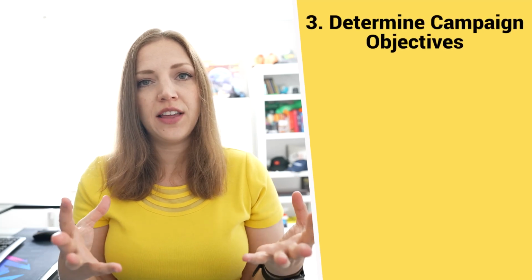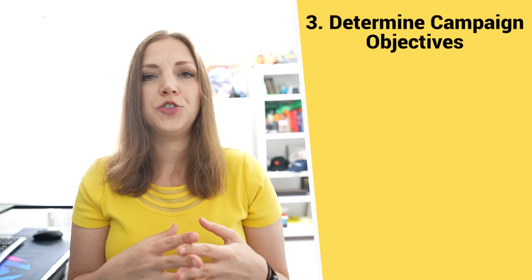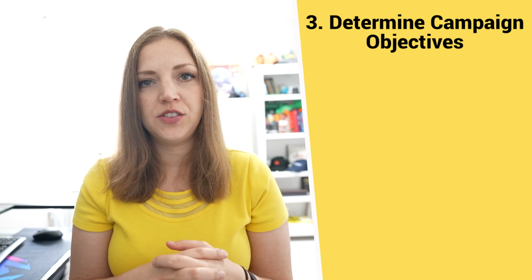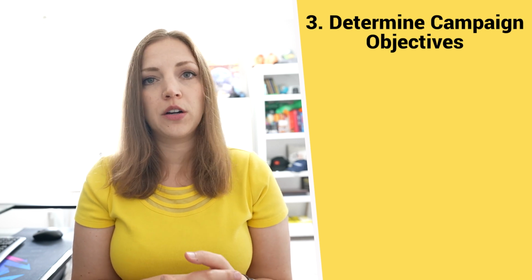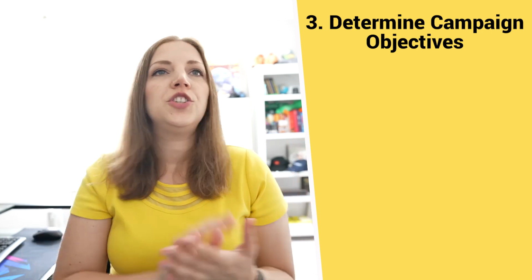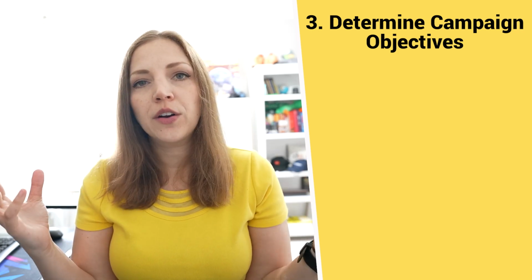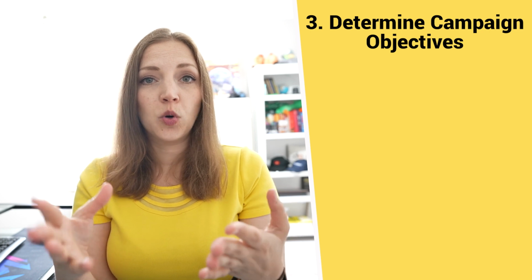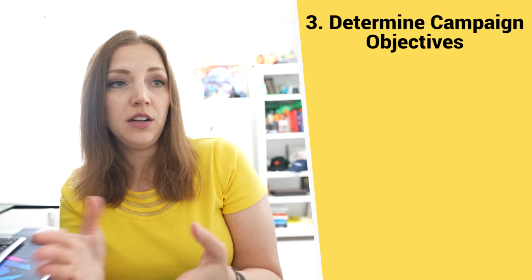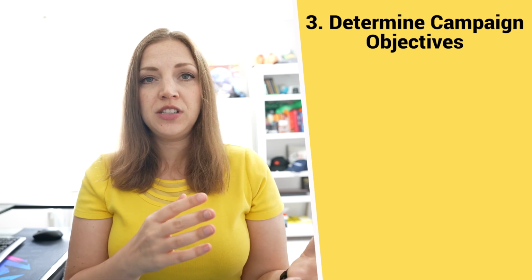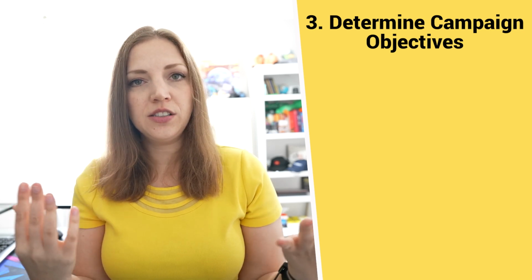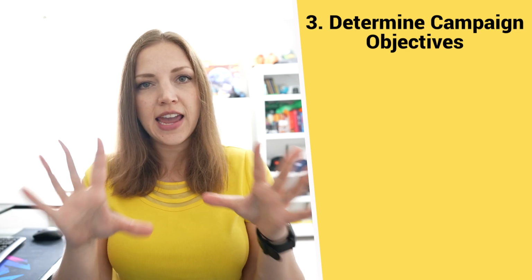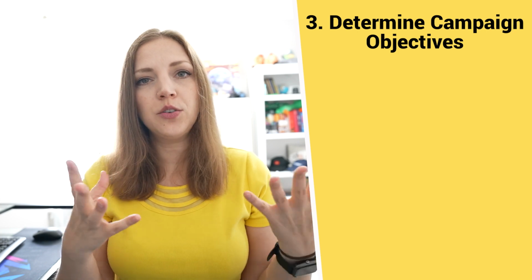The third step in the cause marketing campaign development process is to really identify the objectives of the campaign and drill down and get really specific about these to the degree that you can with your partner. So what does the campaign hope to achieve? Is it raising general awareness about a particular issue, about your organization and its work on that issue in particular? Is it to raise donations? Is it to recruit volunteers? What are the specific aims of the campaign, and how are you going to get there?